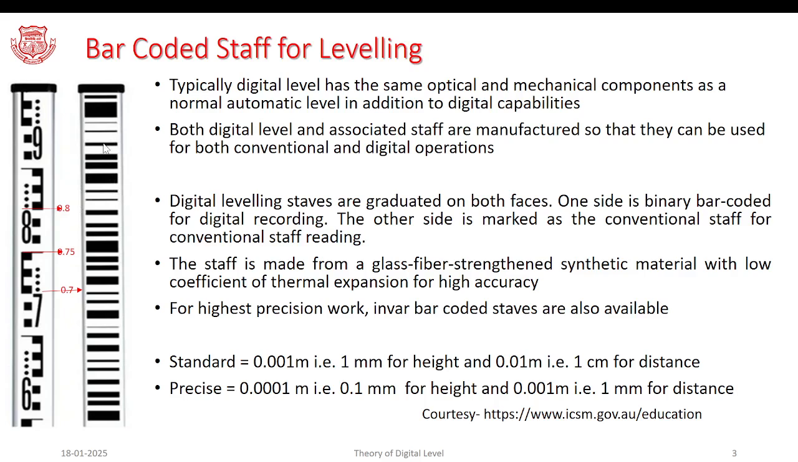Here, one side is binary bar-coded for digital reading, whereas the other part is very similar to the graduations for the conventional staff. Here, you can see that this particular interval is 10 centimeters. Half of the portion of it is engraved very similar to the English alphabet E. Each of these divisions reads 1 centimeter, and accordingly, if we consider the top of the 7,